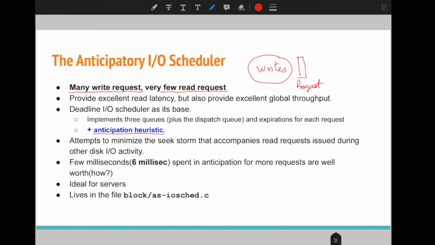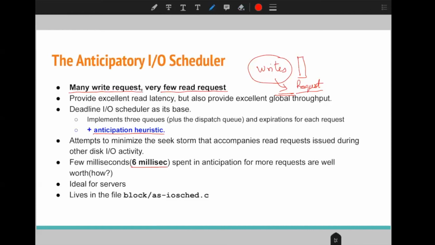The scheduler will be scheduling these requests one by one. When it sees that it got a read request, it will wait for some milliseconds, like 6 milliseconds, in anticipation that more read requests will be coming, so that it can merge those requests and fulfill them in a single go.